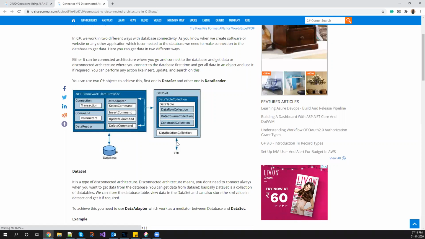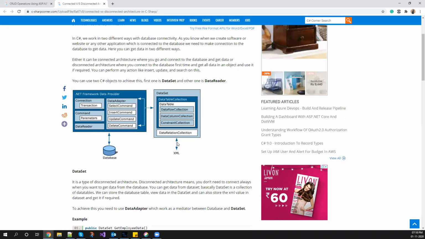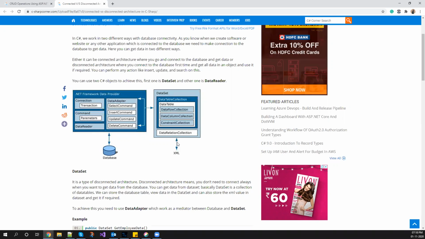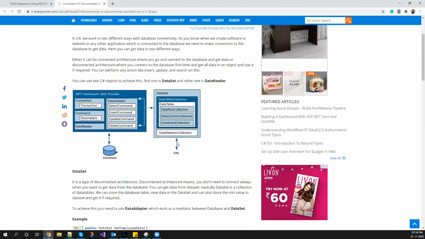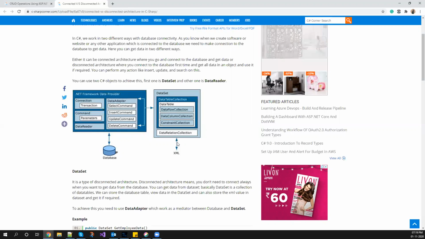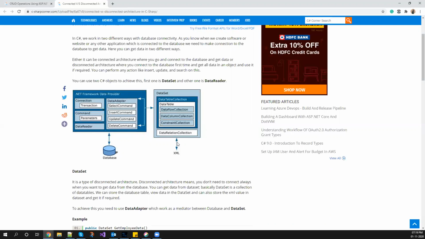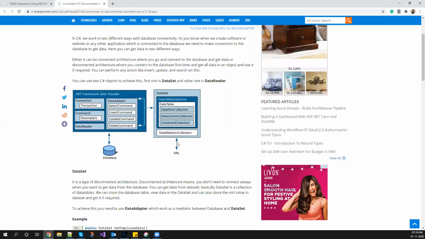Firstly you have to open the connection to the server. So you need to provide the server name, server details, which database you want to connect to, and your authentication, whether you're going to be using Windows authentication or SQL Server authentication, the password and all. Once the connection is successful, you send the query, whatever query you want, and then you fetch the result. So if every time I need some data, I make the connection, that is called connected architecture.